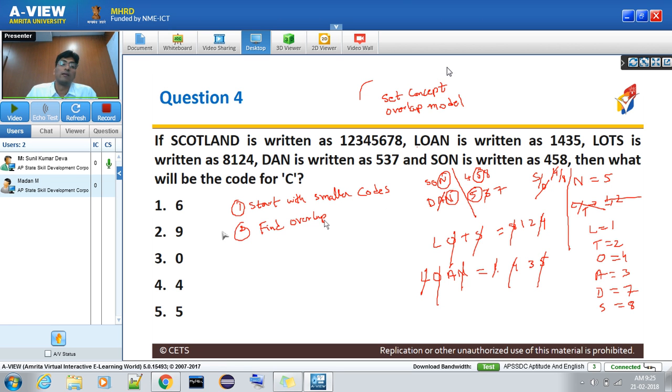Deciding. Third, cancel known values. If I just do these 2 steps continuously, the second and the third steps, you will eventually get values for whatever you want. Now, in this particular set, we have